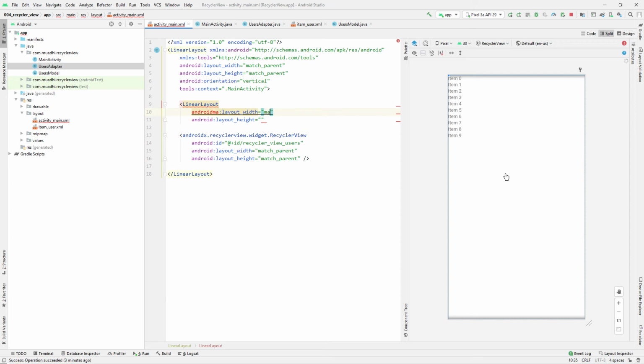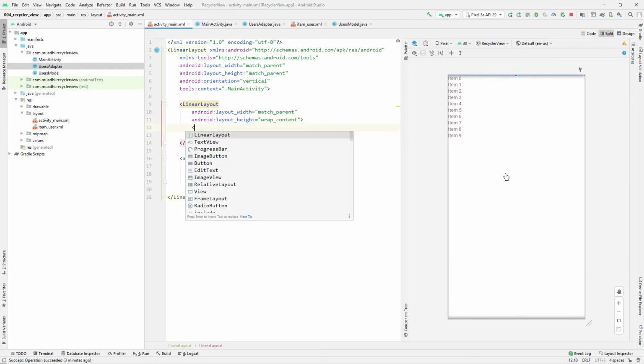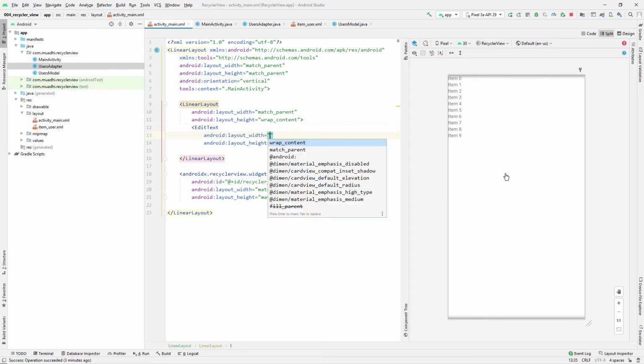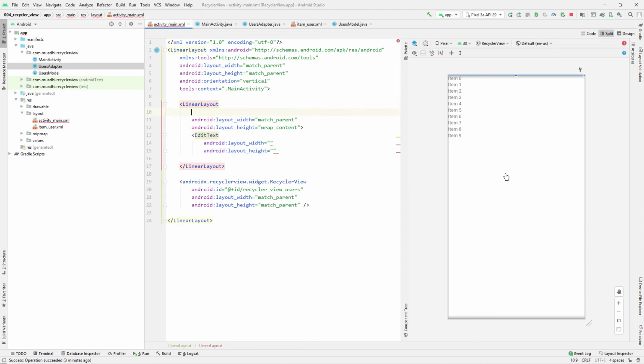Height, wrap content, and then I'll open here, and then put here edit text, right? And then maybe I can put orientation horizontal. Okay, edit text, width match parent, height wrap content, and then